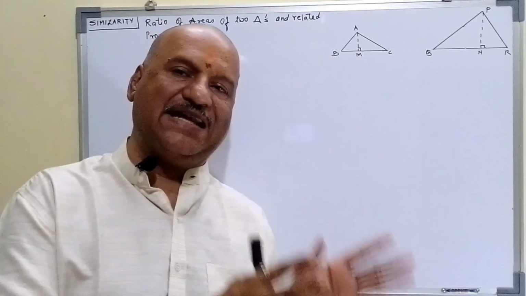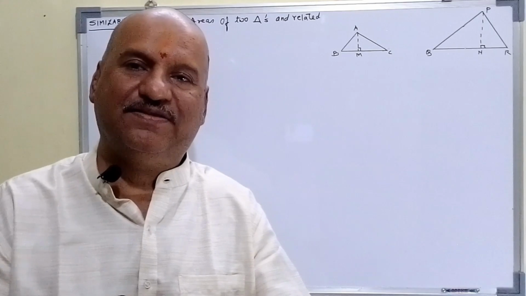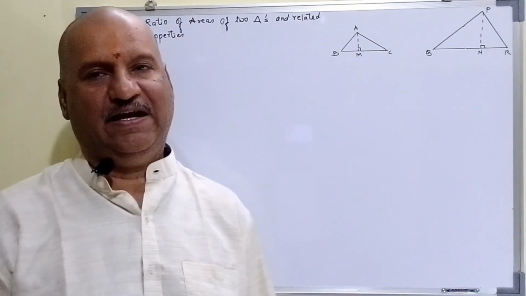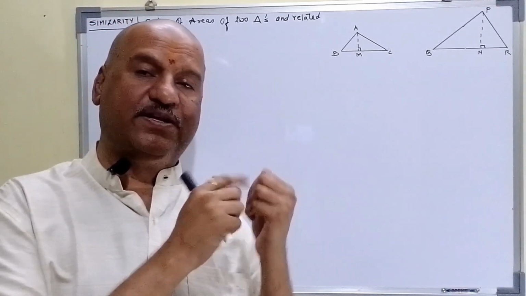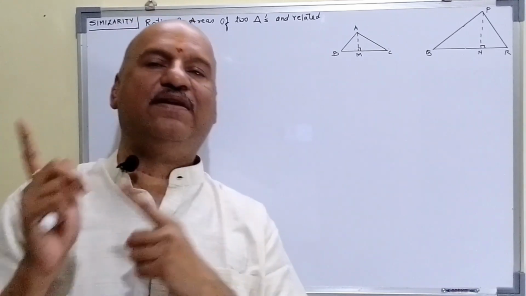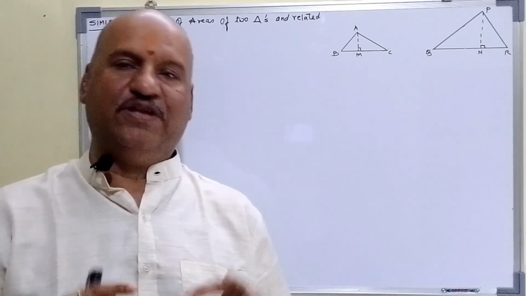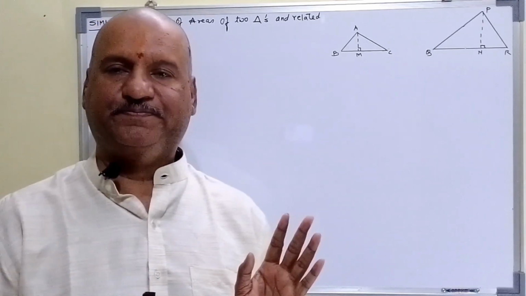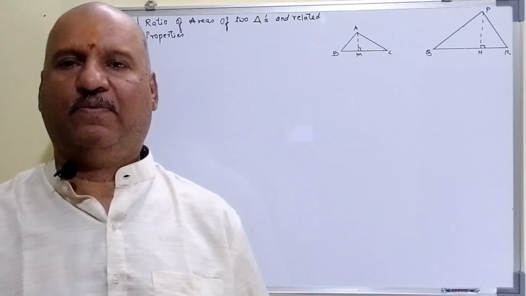Once you understand these properties, we will be utilizing them in solving the theorems of similarity. So before we enter into similarity, we have to understand these three properties. Then we'll start practice set